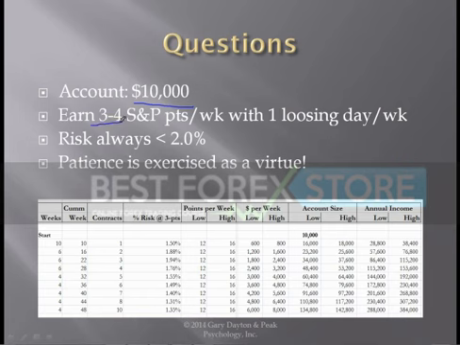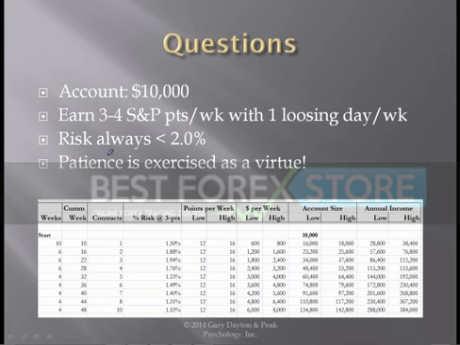So I said the other day you can earn 3 to 4 points a week, and once you develop skills in this, that is absolutely right. So let's assume you're going to look for 3 to 4 points a day with 1 losing day per week. So 4 out of 5 days you win 3 or 4 points, and 1 out of 5 days a week you're going to lose 3 or 4 points. So instead of making 3 times 5, 15, you're going to make 12. Well, they're down here, 12, and instead of 4 times 5 for 20, you'll earn 16 points. All right, but I'll get to that in a minute. Let's keep going through the assumptions first.